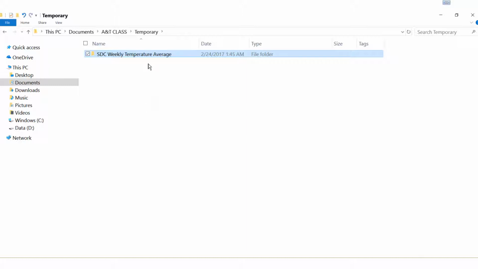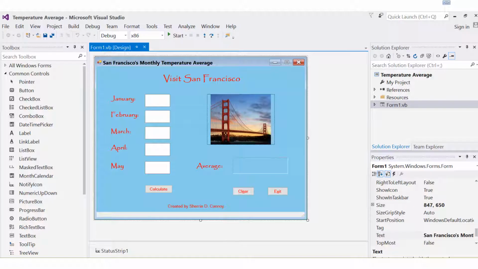So what you'll do is zip the folder so that you don't have to upload every individual folder and file. You'll zip the folder and upload it, and then I'll download everything, unzip all the files, and then I'll run the programs. So before I do that, I'm going to just make sure that my program runs. So I'm going to start it.